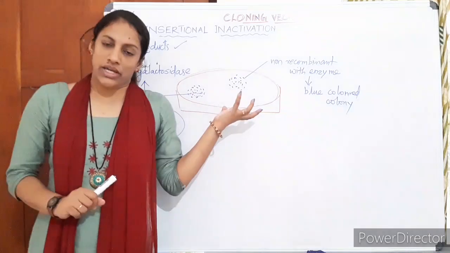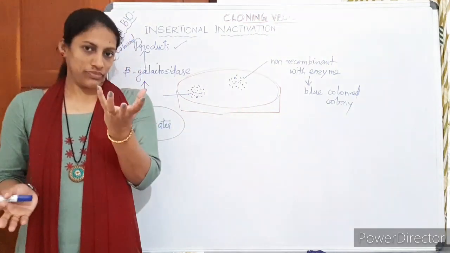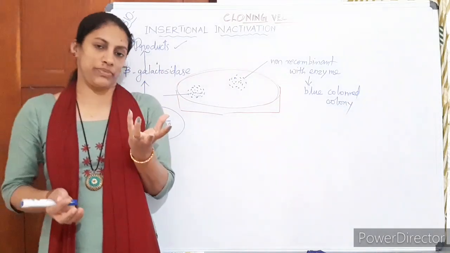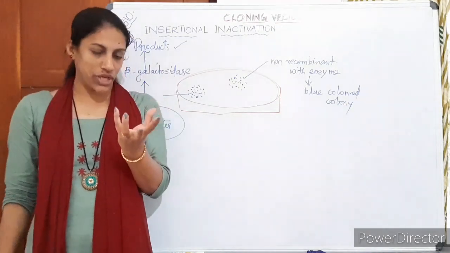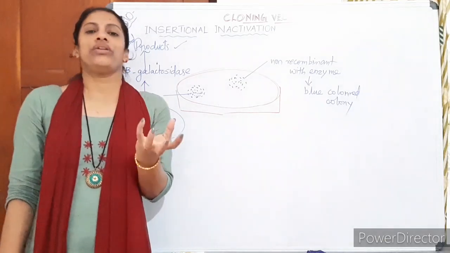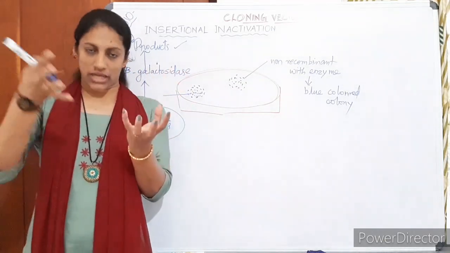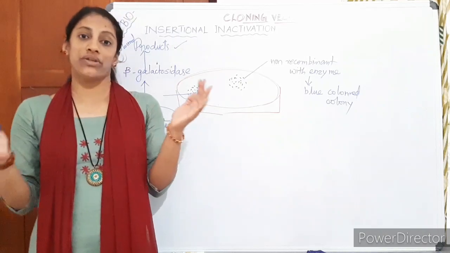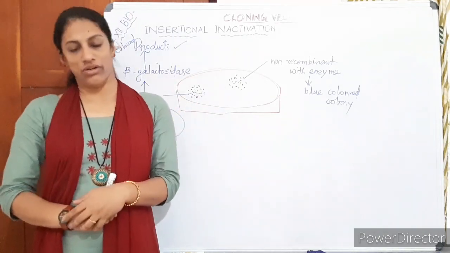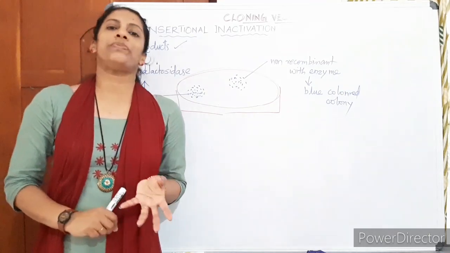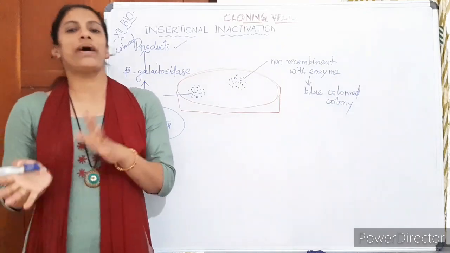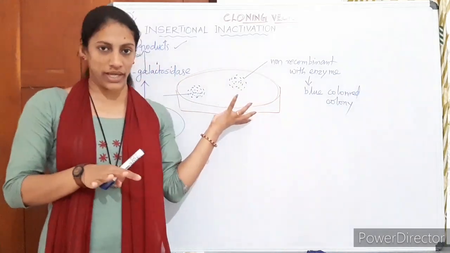In this particular case, after the action of restriction enzyme on this particular plasmid with the beta-galactosidase enzyme sequence, we introduce the DNA ligase and the further action of recombination. Anyway, there will be recombinants and non-recombinants, and all these plasmids we introduce to bacterium, and all this bacteria we grow in a culture plate.